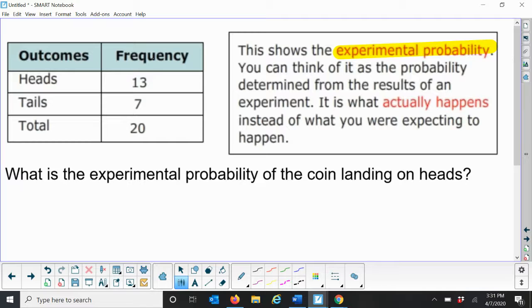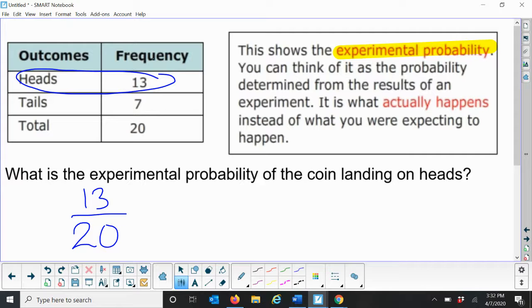We can see off the bat that our total here is 20. They flipped that coin 20 times. So what is the probability, in this experiment, of the coin landing on heads? Well, in our experiment, it landed on heads 13 times out of the 20 flips. Again, we might do a different experiment and get totally different results. But just in this case, 13 out of the 20 flips, that coin landed on heads,